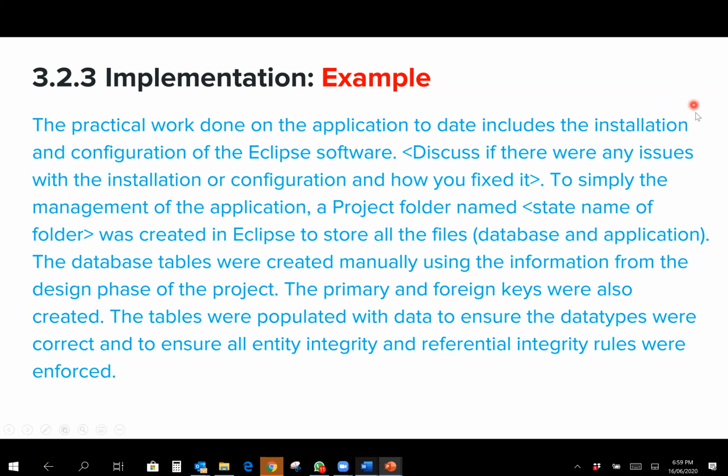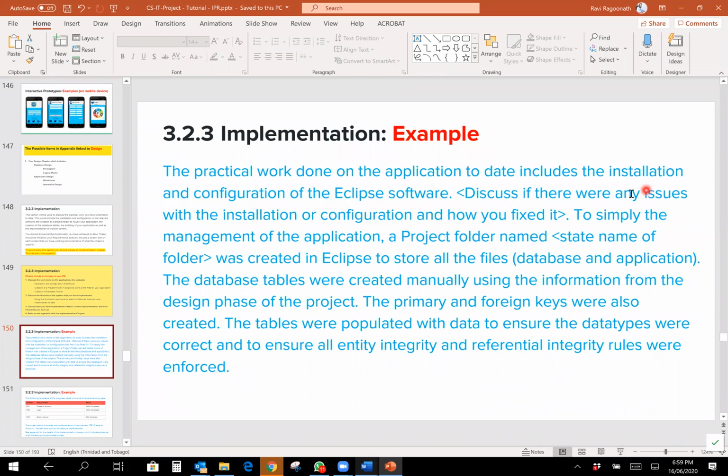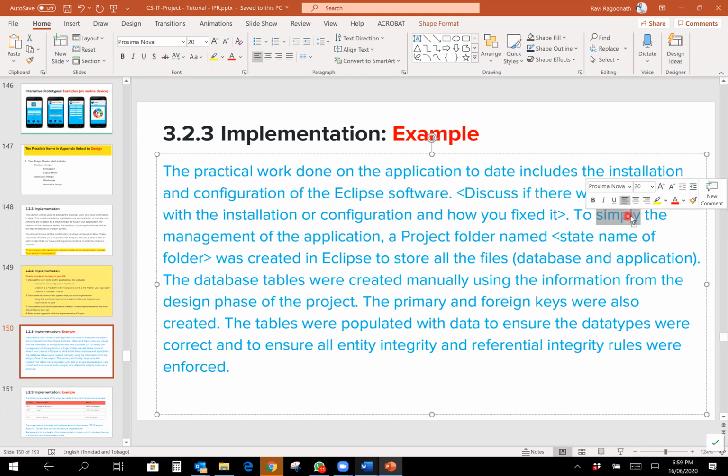This should be "to simplify" rather than "to simply". Let me just correct this, please. All right. To simplify